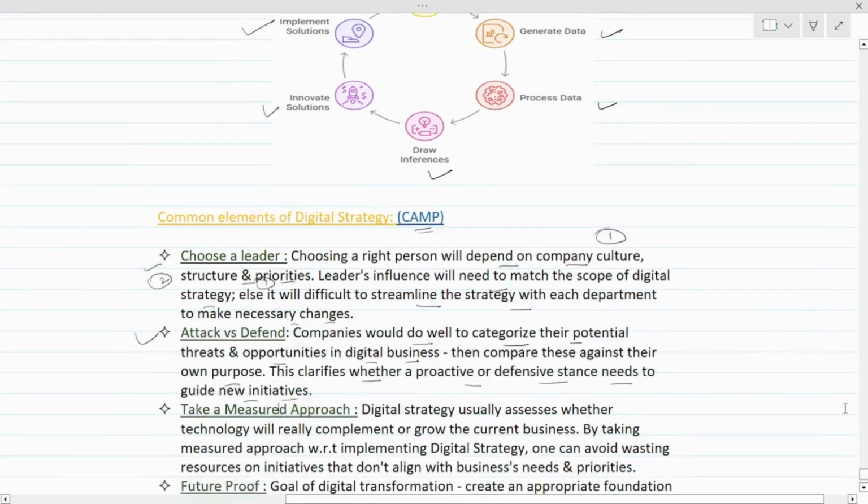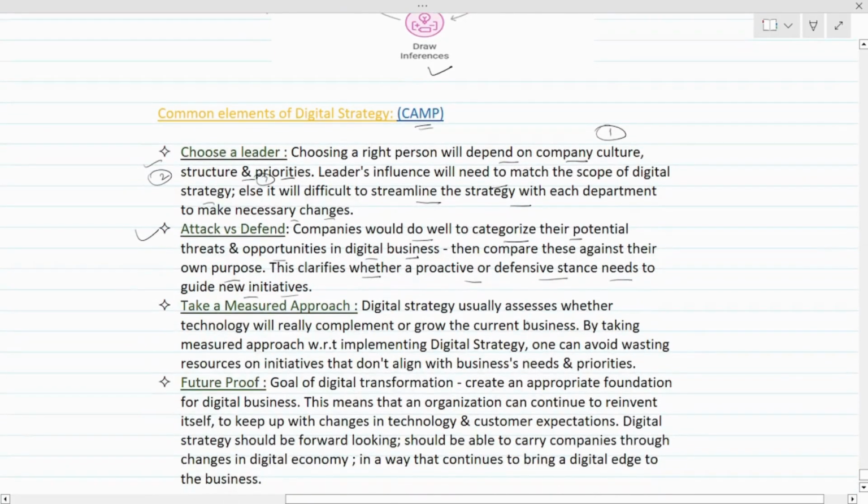Then you take a measured approach. Now, digital strategy usually assesses whether technology will really complement or grow the current business, by taking a measured approach. So M here is the word I have taken for CAM, that is measured approach. Now digital strategy usually assesses whether technology will really complement or grow the current business. By taking a measured approach, what it will do is, or rather measured approach with respect to what? With respect to implementing digital strategy, one can avoid wasting resources on initiatives that don't align with business needs and